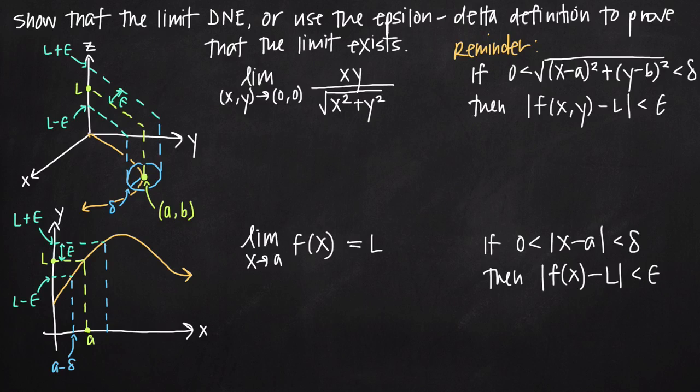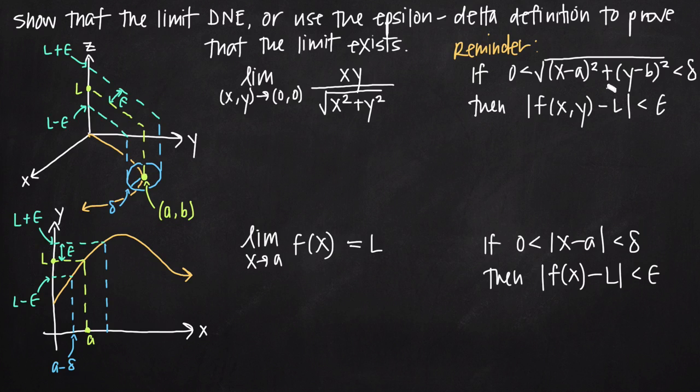Today we're going to be talking about the precise definition of the limit for multivariable functions. And in this particular problem, we've been asked to show that the limit either does not exist, DNE, or if we think it does exist, to use the epsilon-delta definition, which is also the precise definition, to prove that the limit exists. And as a reminder, I've written the formula here for the precise definition of the limit for multivariable